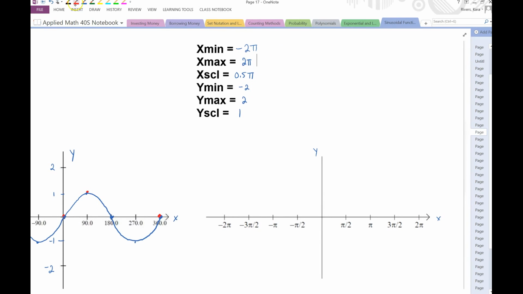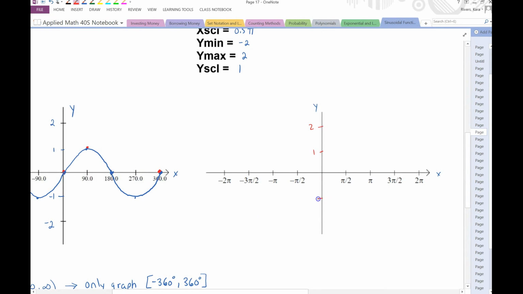So let's use our other color here. We're going again to 1, but we can put 2 on there just so that we can see where it's going. And these are negative. So we start at (0, 0), and then halfway we're at (pi, 0), and then at the end we're at (2 pi, 0). Halfway between 0 and pi we're at a maximum, halfway between pi and 2 pi we're at a minimum, and our graph will look something like this. So it's really important for you to identify those key points where they're placed on this parent function,